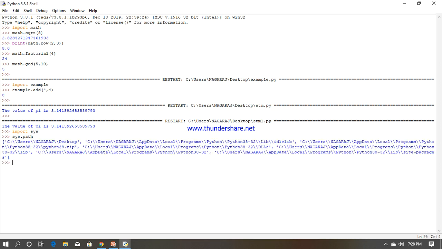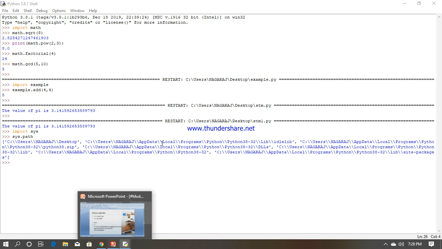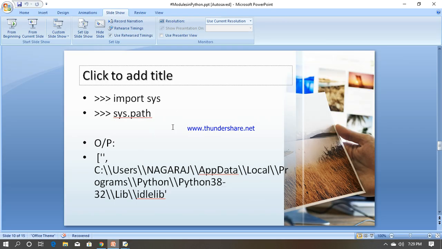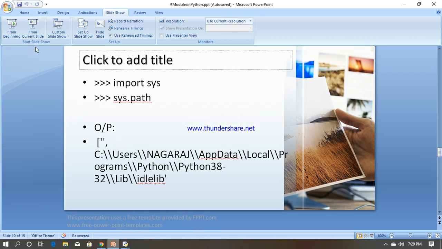It will generate and show where your system path is, for example C:\Users\Nagaraj and so on, and finally finish with the subfolder site-packages, etc. This is a way you can determine where your file is and where you are currently working in the subdirectories, etc. Next,